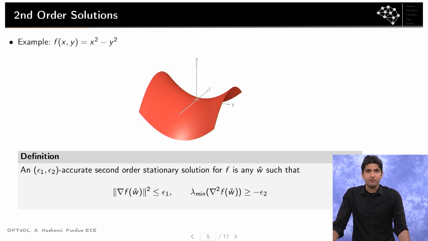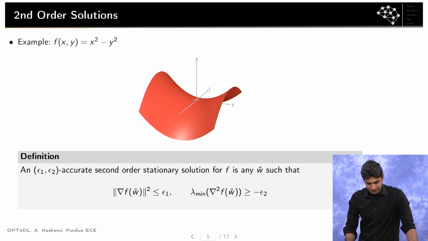And based on all this, we're going to formally define our notion of second order stationarity. Okay. So let's consider this function, which is basically called a saddle point. This is where the saddle comes from, because it looks like a saddle that you use to, let's say, ride a horse. Okay. Now in this case,